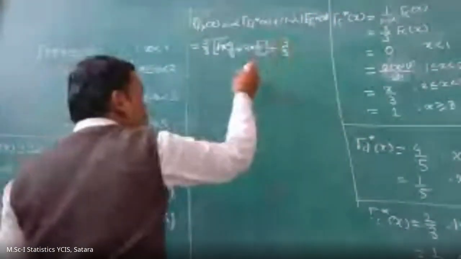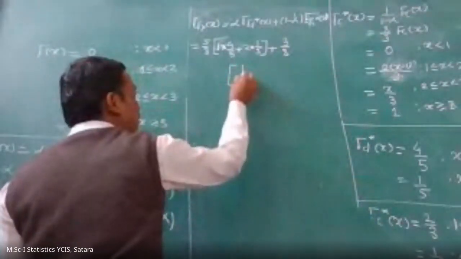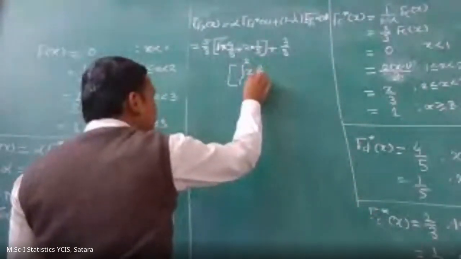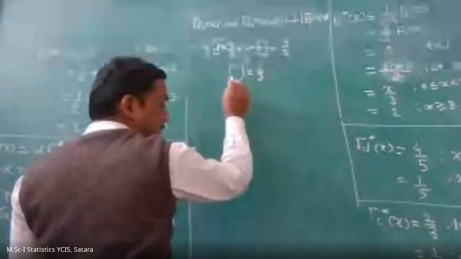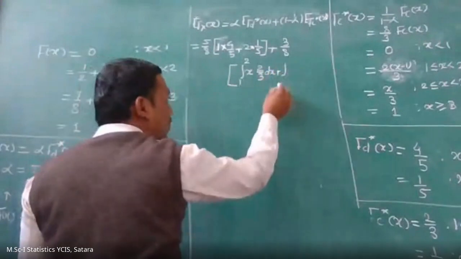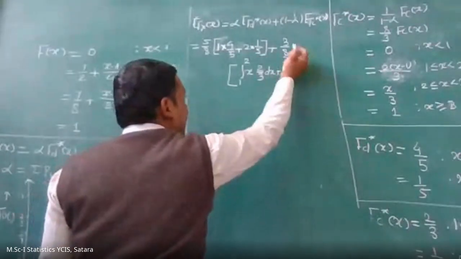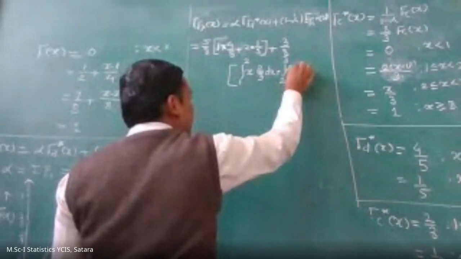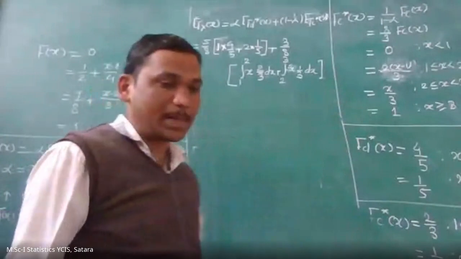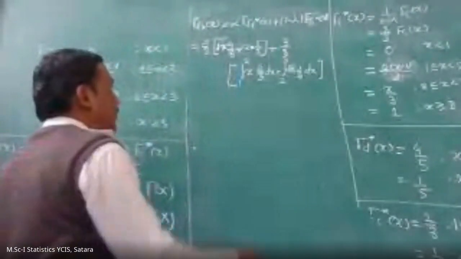Here we have to find the expected value of fc star of x. That is the integration over 1 to 2 of x into f of x dx, that is 2 by 3 into dx, plus the integration over 2 to 3 of x into 1 by 3 dx. Okay,